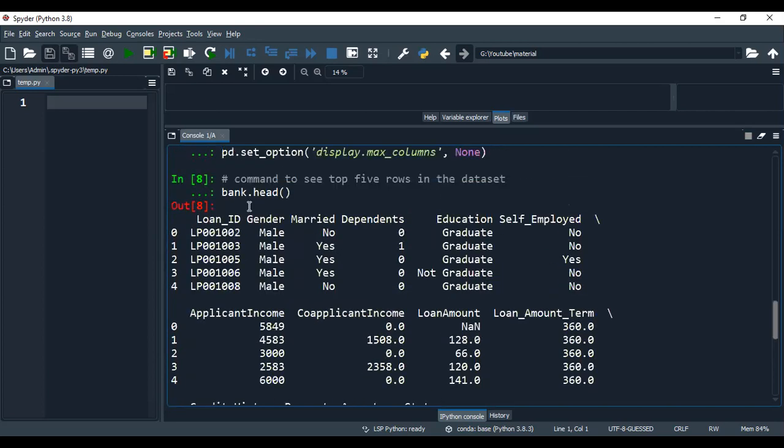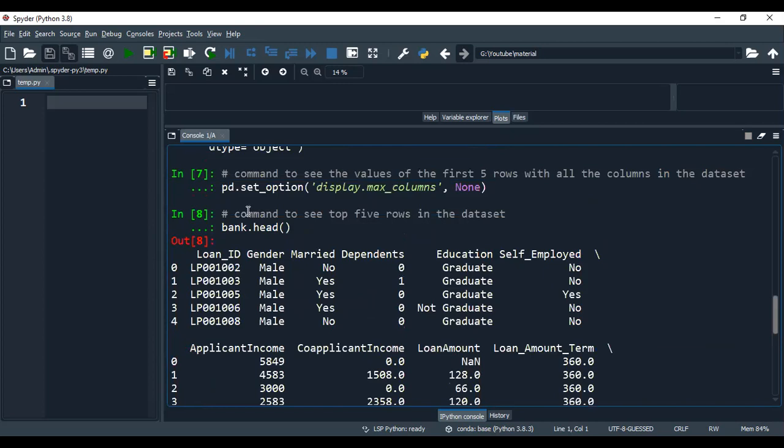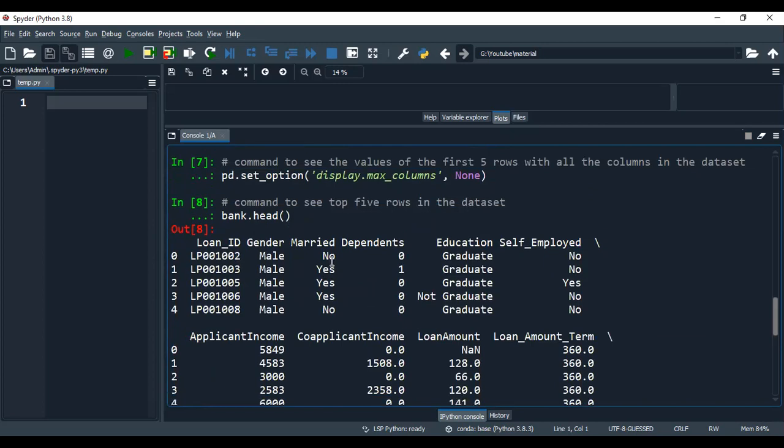Otherwise, if I had not set this option in line number 7, only the first few columns and last few columns would appear with 3 dots in between. You cannot see all the columns in a single shot.